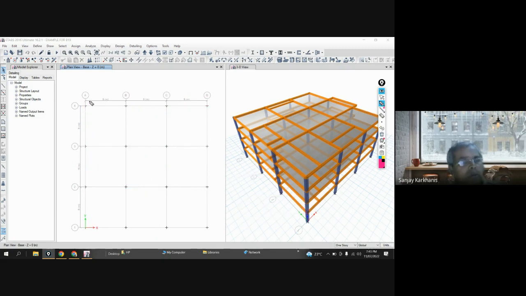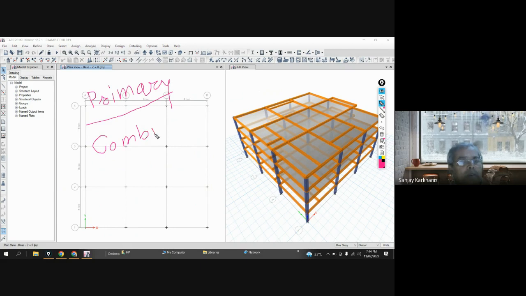These are primary, which means all these load cases will be analyzed separately or individually by the software. And later on, when you go for combination,